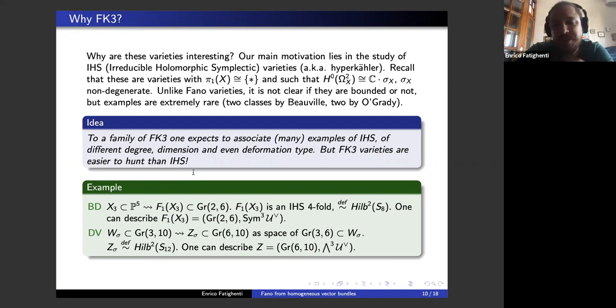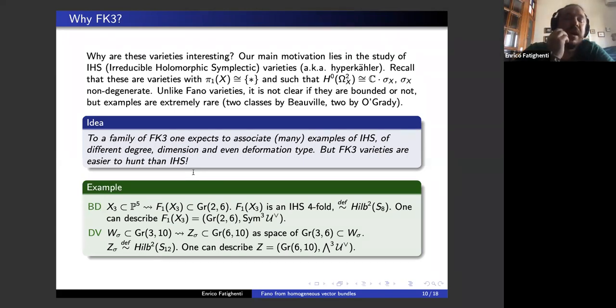So in some sense, we could be interested in understanding Fano varieties with special Hodge theoretical properties to look for new examples of polarized families of IHS. And for example, suppose we start from the cubic fourfold. I was describing it to you before. And from the cubic fourfold, you in fact can associate a lot of different hyperkähler varieties of various type and dimension. But let me mention first the most classical one, which is a result very classical by Beauville and